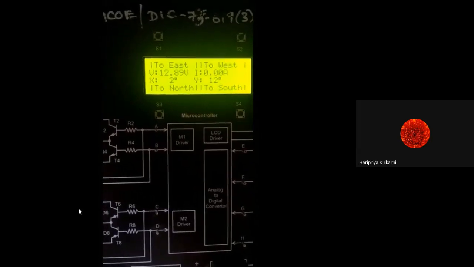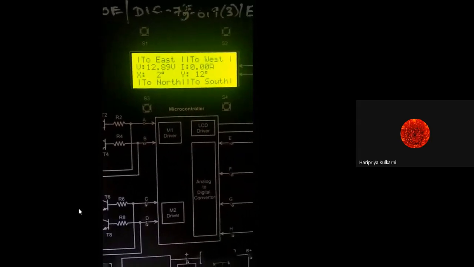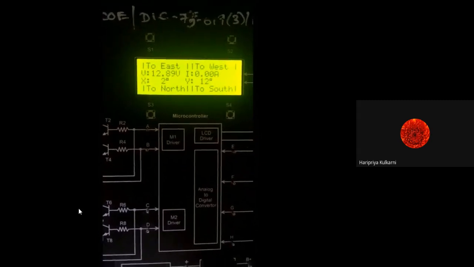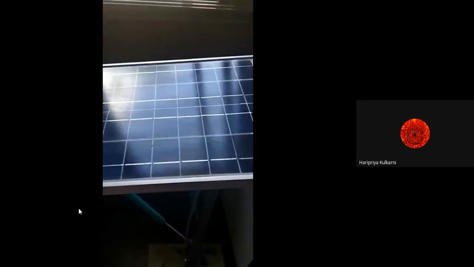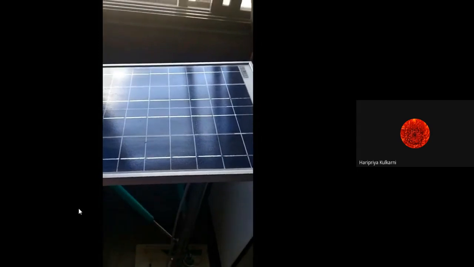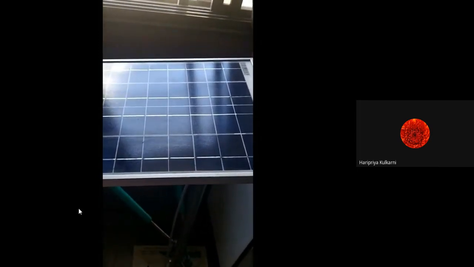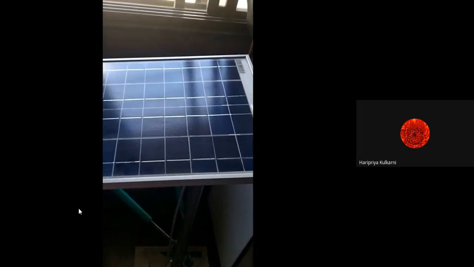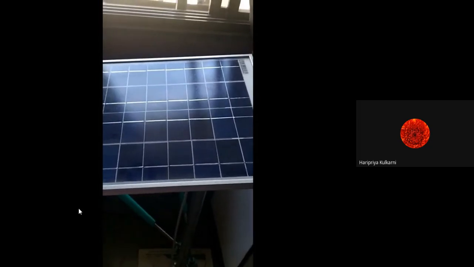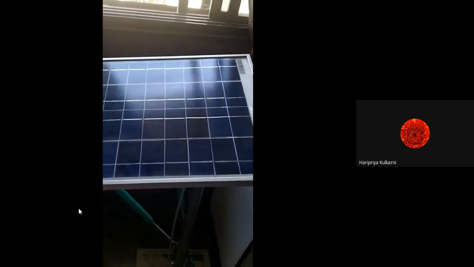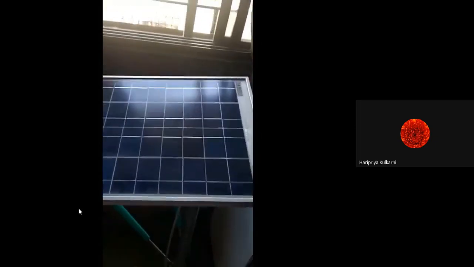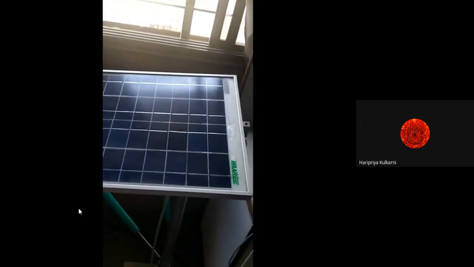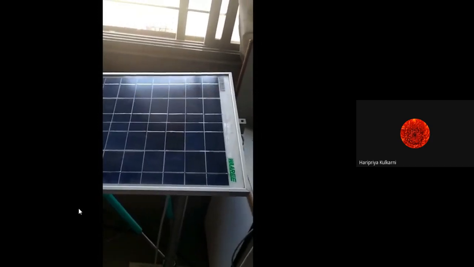So this is what the tracking is. Theoretically, we already have seen single axis and dual axis tracking. Let us have one more reading and we will try another position of the panel wherein we are going in a different direction from the sun. Ideally, whenever we put such kind of MPPT controllers in a rooftop solar system, at that time we give a step size so that we can track the sun from sunrise to sunset, from morning to evening, and we can track the maximum amount of solar energy. Let us have one more reading.